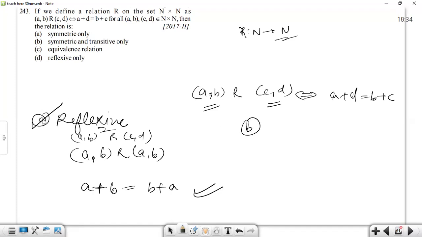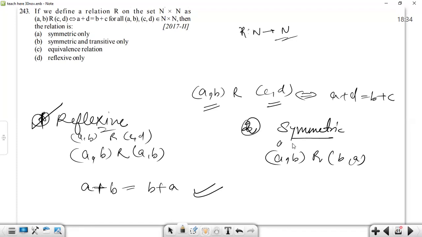Now let's check for symmetricity. You can write 1, 2, 3, do not get confused with the options. (a, b) has to be related to (b, a), then only the set is going to be symmetric. So in this case, a is a, b is b, c is b, d is a. So a plus d, d is what? a has to be equal to